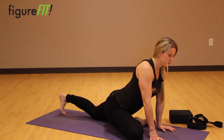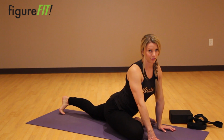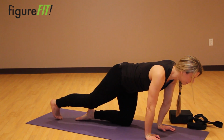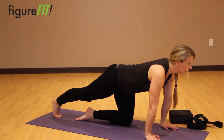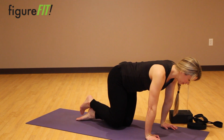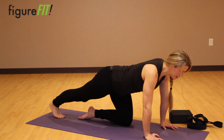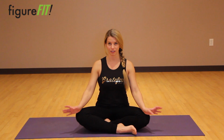Okay, so that gets you nice and deep in both the hips and the glutes and the hip flexor muscles. Come on out of it, shake it out. You want to make sure to get some blood flowing, get those hips neutral, in line with each other, and maybe just shake that leg out. Oftentimes I like to just tap it back a couple of times, because you will feel that blood flow coming back into that leg. So this next stretch that I want to show you is a static stretch,